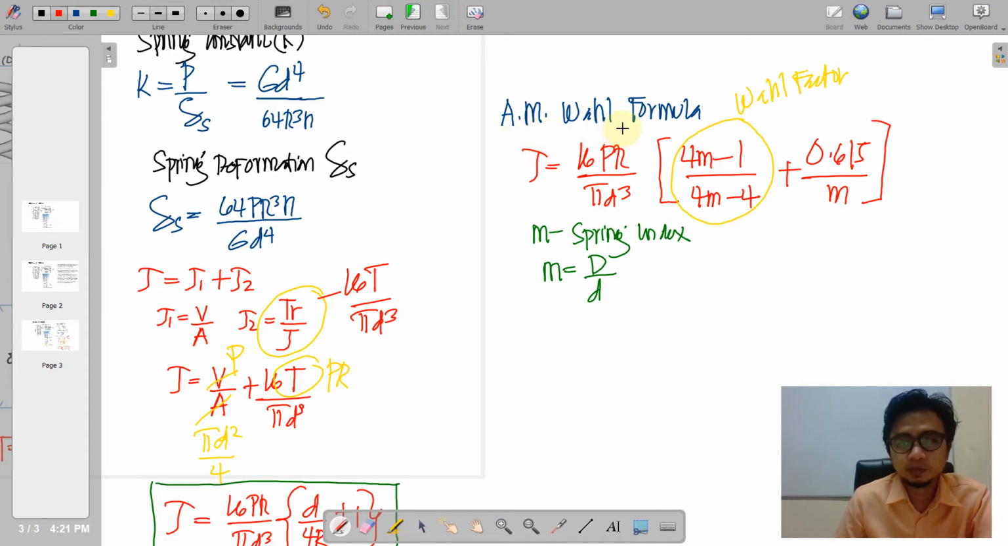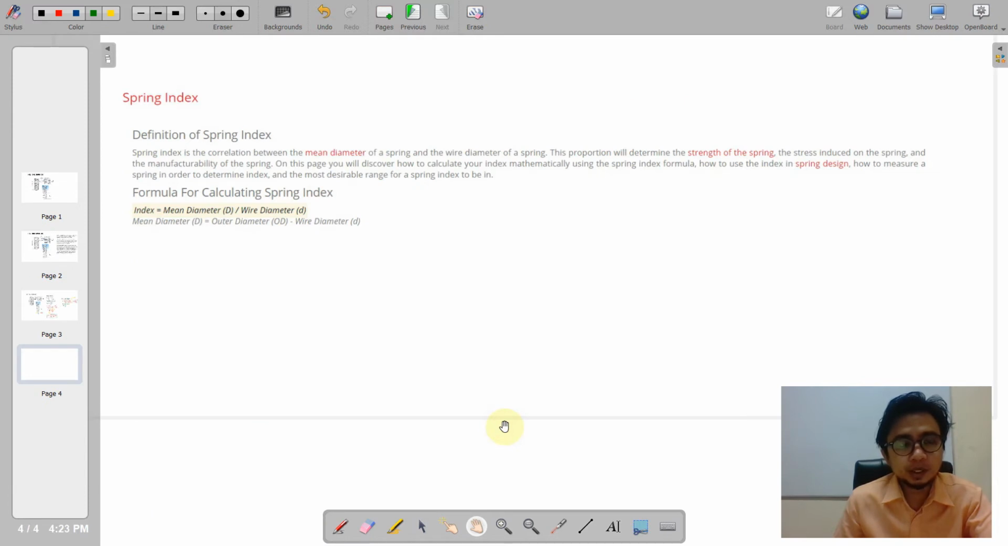So the A.M. Wahl formula. Okay, so it involves here now the spring index. So what is this spring index all about? It is the correlation between the mean diameter of a spring and the wire diameter of a spring, as we have said, that m is the mean diameter over the wire diameter. So this proportion will determine the strength of the spring, the stress induced in the spring, and the manufacturability of